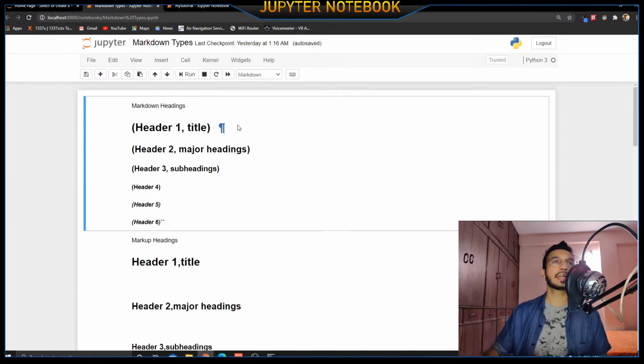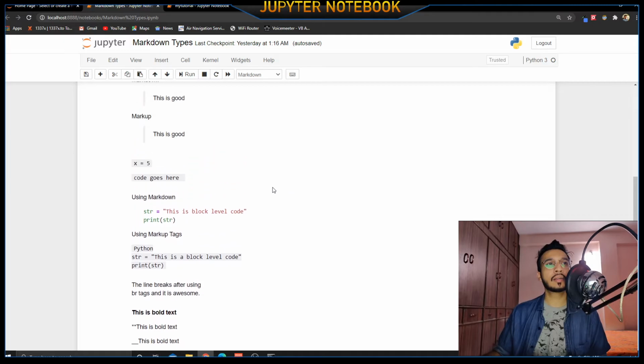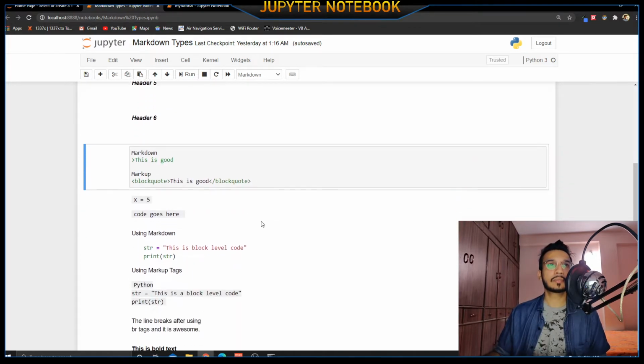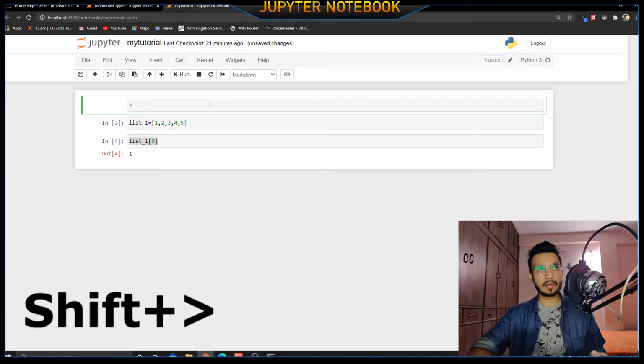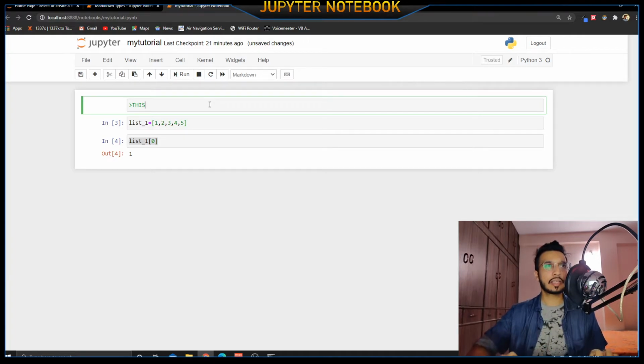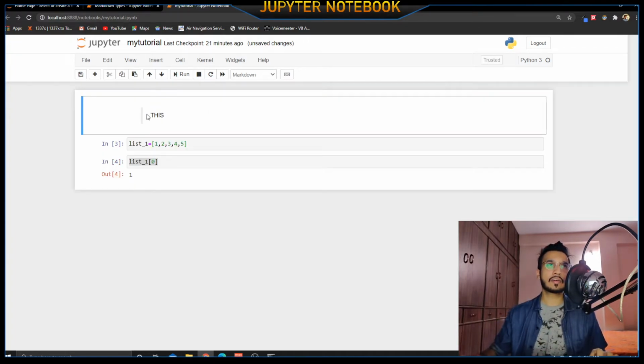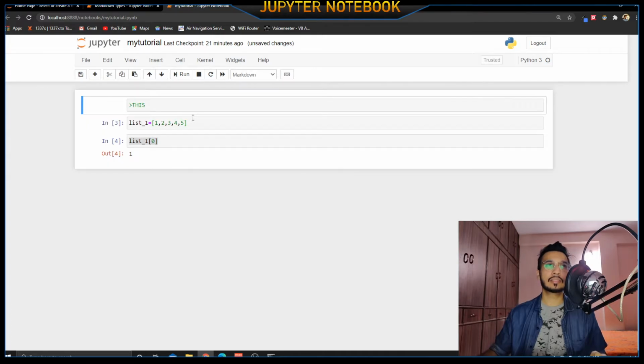Okay, next thing would be using this. Basically you can use a block quote or you can use this. Block quotes are just things that you want to point out. For example, I would press Shift and then the right arrow, and you can type anything. For example, let me just type THIS, and if I execute this, I will have a basic bar on the left and this. Well, you can also use something known as a block quote.